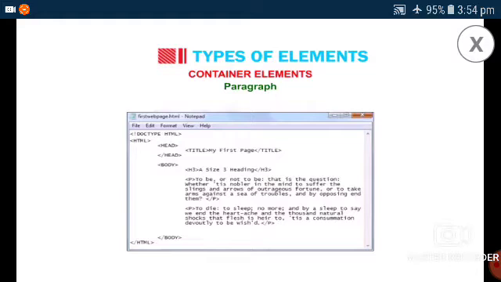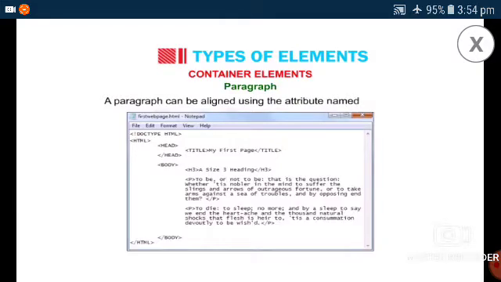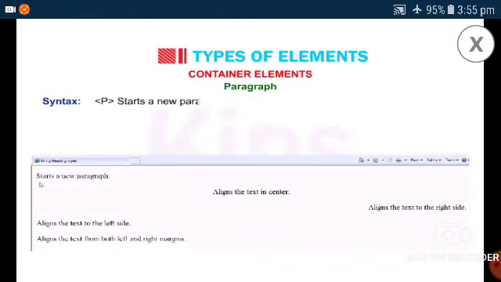In this paragraph, a paragraph can be aligned using the attribute named align. Various attributes of a paragraph element are displayed here. For example, this is the syntax. P starts a new paragraph. See here, paragraph align center aligns the text in the center.